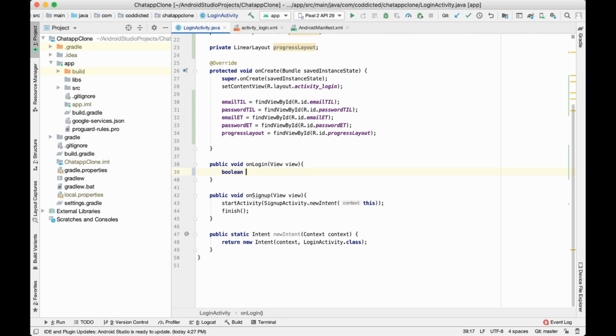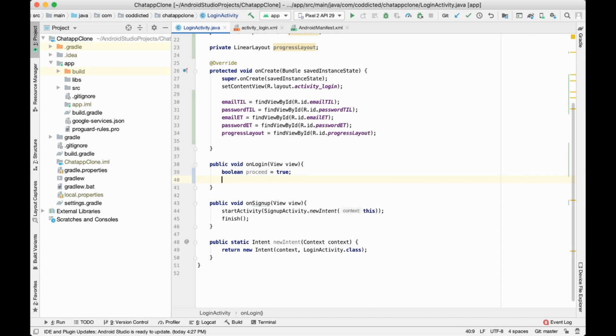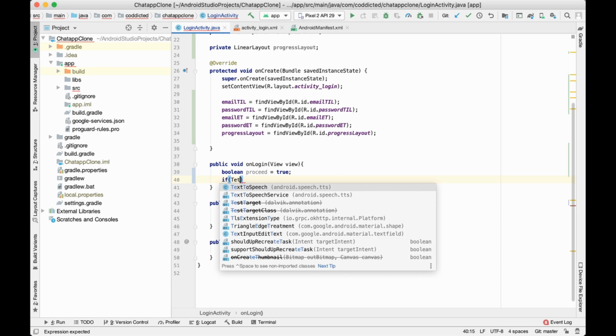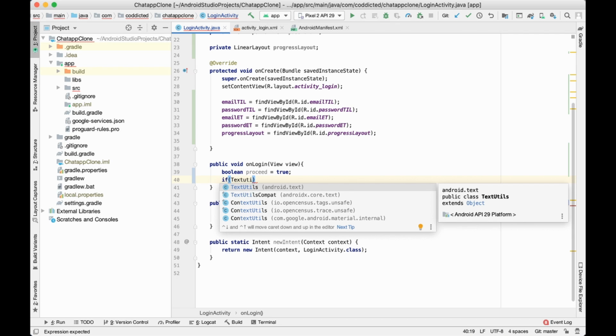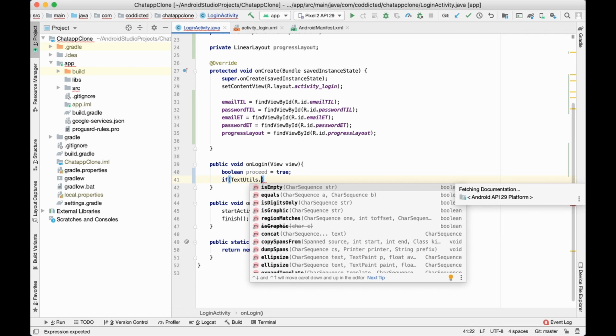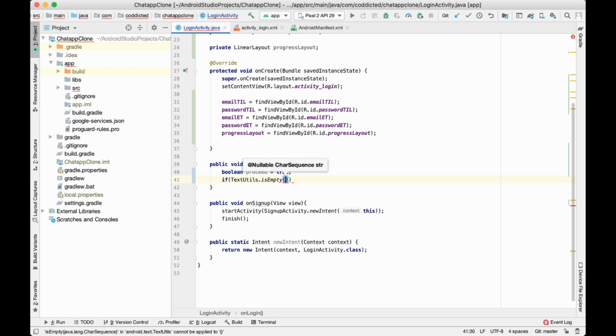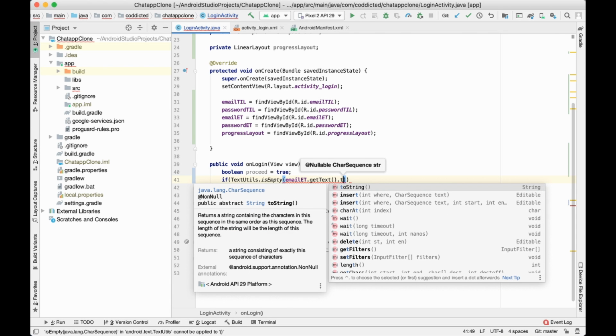So let's create a boolean flag to identify that. Boolean proceed equal to true, and we need to use one library class, TextUtils.isEmpty, and if email et.getText.toString